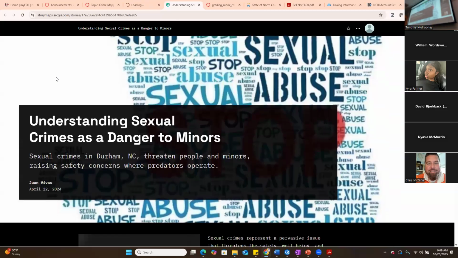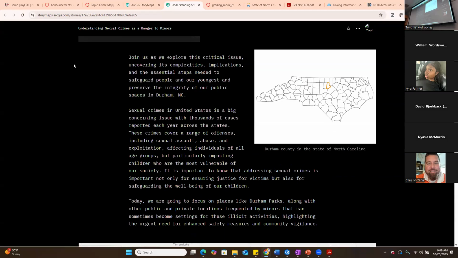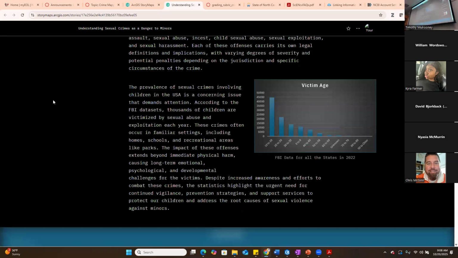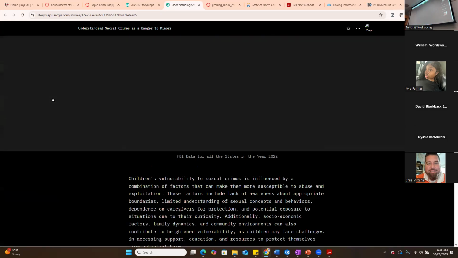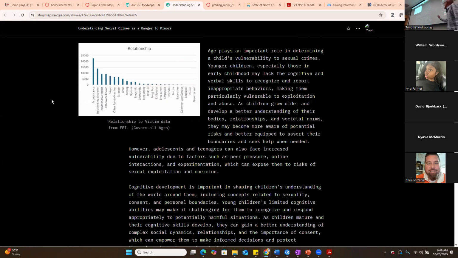Okay, this is one by Juan. He did this last year about understanding sexual crimes as a danger to minors. And so he created some maps. He was focused on Durham County, but we're looking at all the schools and then all of the crimes within a certain distance of our schools, and then looking at relationships between some of this data that he got from